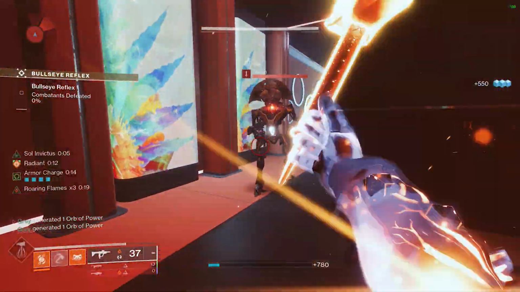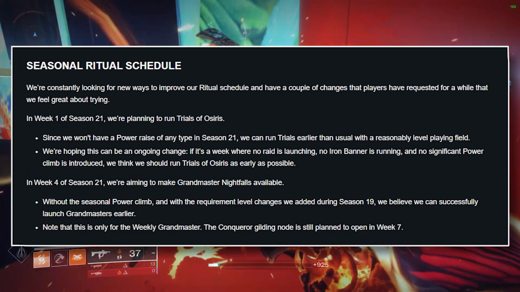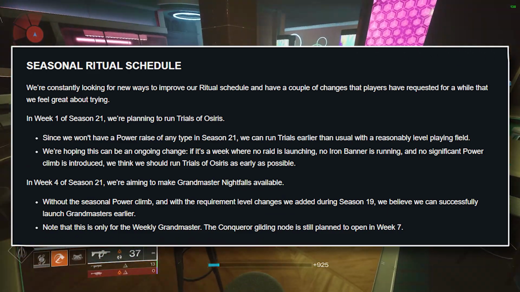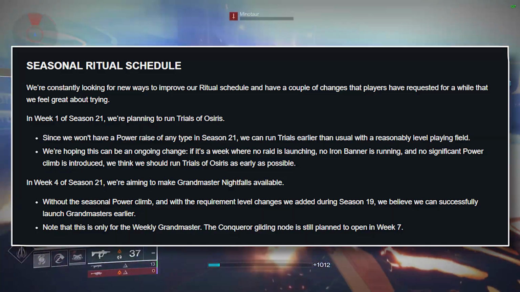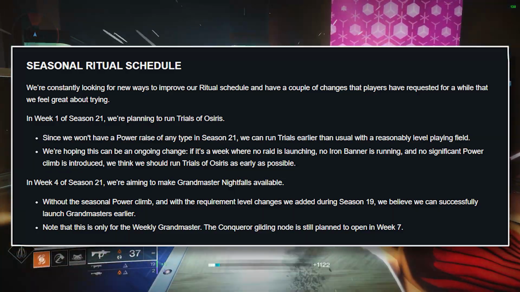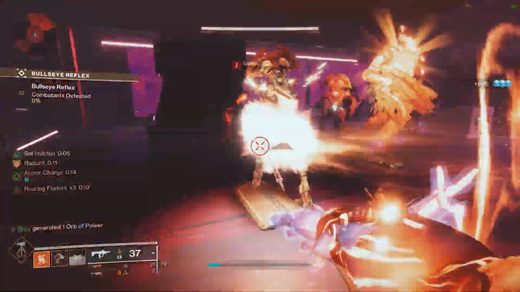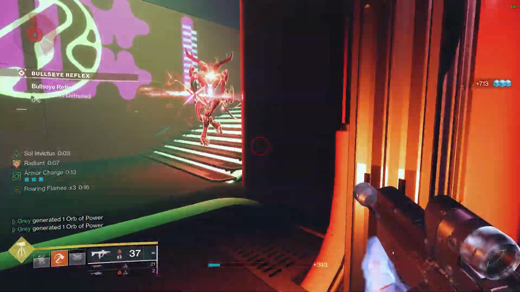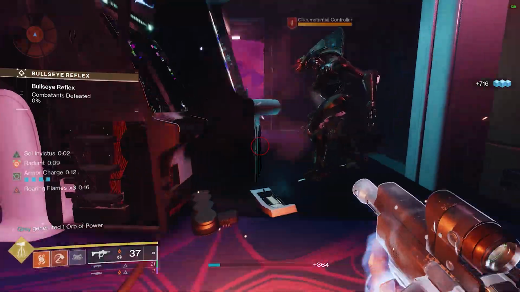Now moving on to a couple of gameplay focus changes, Bungie has officially confirmed that there will not be a power level increase next season, and as a result, Trials of Osiris will be live during the first week of the new season, and Grandmaster Nightfalls will be launching much earlier in the season as well. This is a huge quality improvement to in-game content, with it no longer being gated behind weeks of pointless power grinding. I'm really excited for this change, as it will also allow more players to reach that level cap and